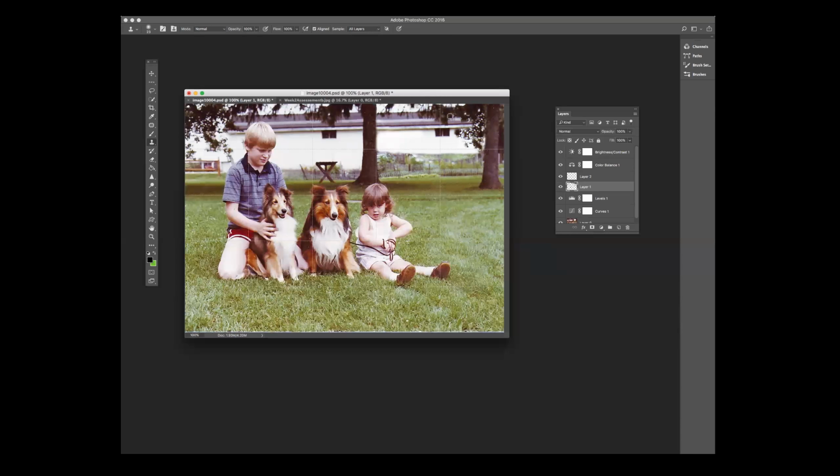Using the patch tool, when you click on that small arrow next to this, when you select it, it gives you a preview of the selection and it can be seen before you're committing to it, so that's helpful. When you're happy with what you see, you can click away from the selection to deselect it at any time. And then you can repeat it over and over again in the areas that are easily repaired with the patch tool. But again, switch to the clone stamp tool and the spot healing brush tool as needed, especially for those smaller areas that you're trying to repair. Try to make it look as natural as possible. It's going to take some finesse and a lot of practice, so don't get too discouraged with that. But other than that, that's probably all you'll need